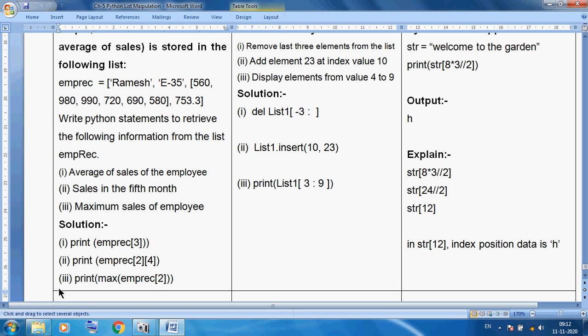So here first we use max, EMP rec, and here I am only using the second index, because the second index will represent this complete sublist. In this sublist the maximum value is 990, which will be displayed. So this is the answer we will give in our examination. Okay, so this is a nesting list